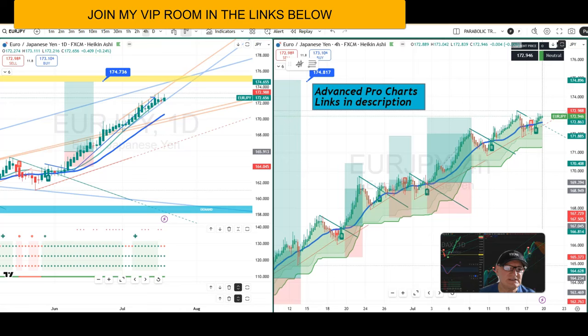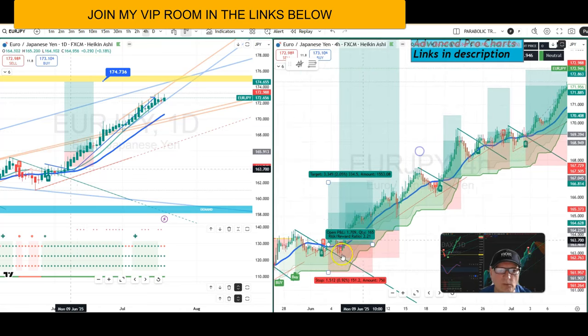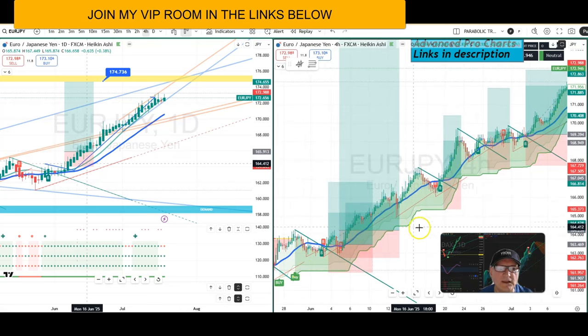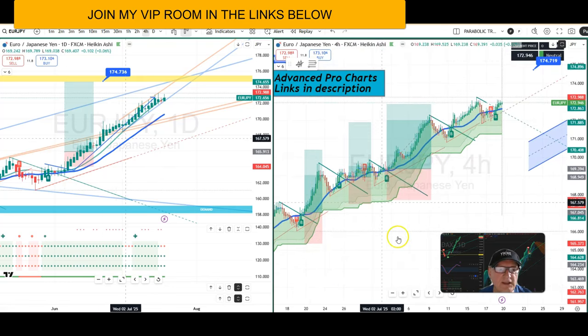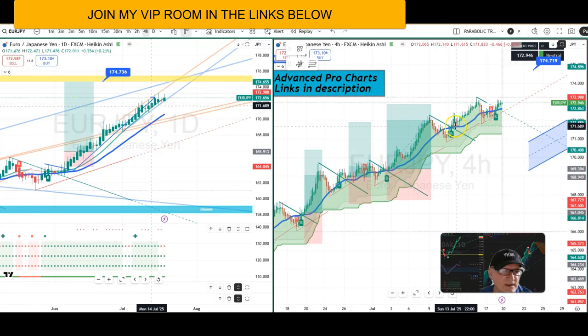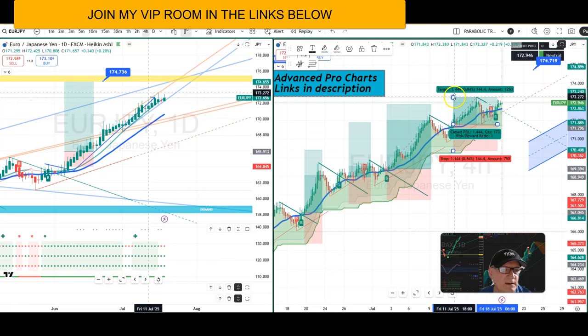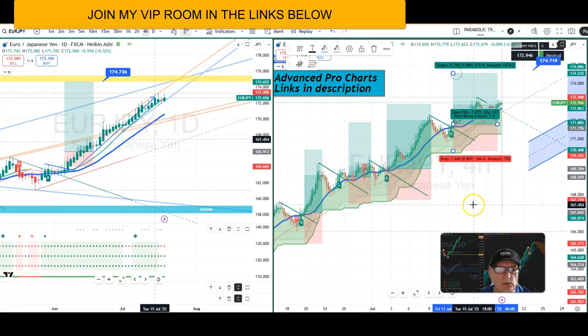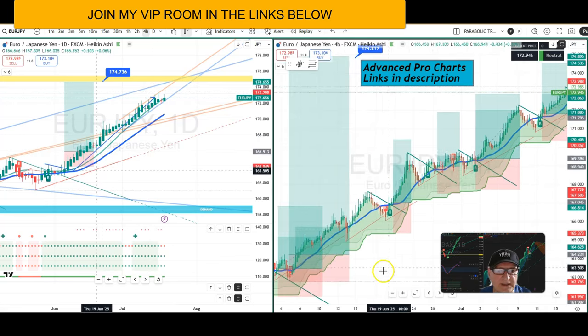Okay, so this is the euro yen. You can have one position and hold it. You can have another, 1, 2, 3, 4. You keep going. Of course, eventually it's going to run out of steam. There's no doubt about that. But so what? In the meantime, you're banking